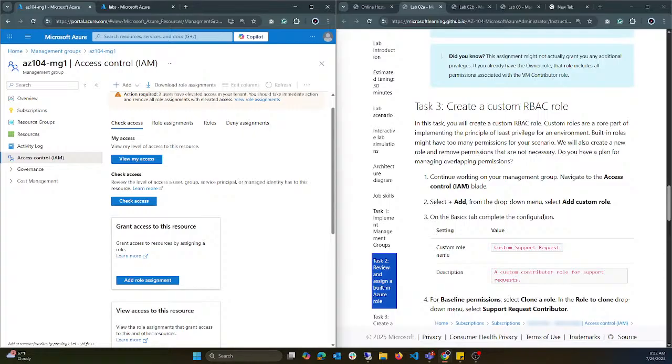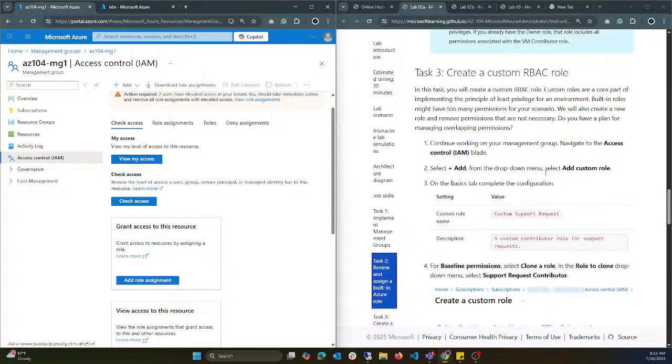This particular role we just assigned is a built-in role, and they've got different permissions. But now this particular task wants us to reduce or minimize the permissions that are going to be assigned to this particular group. So to do that, it needs us to navigate back to the IAM access control, and from here you can